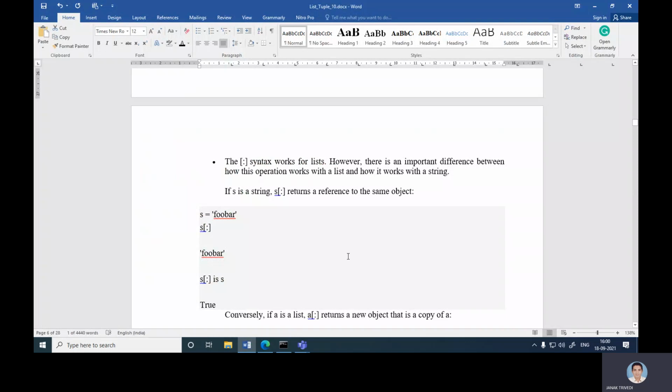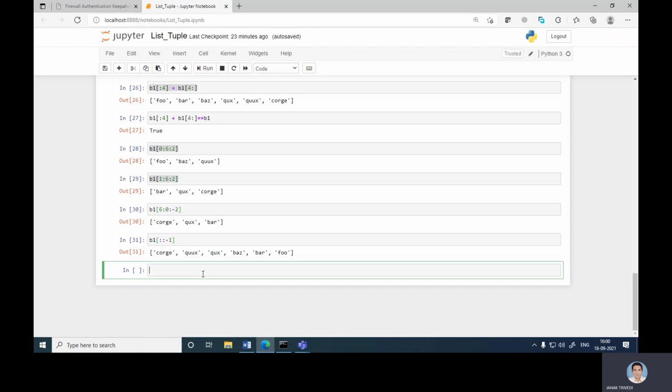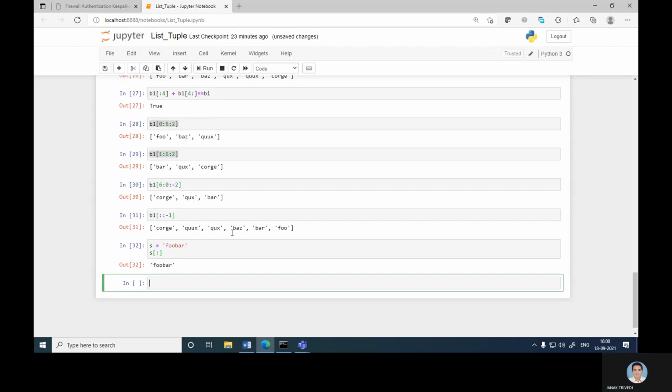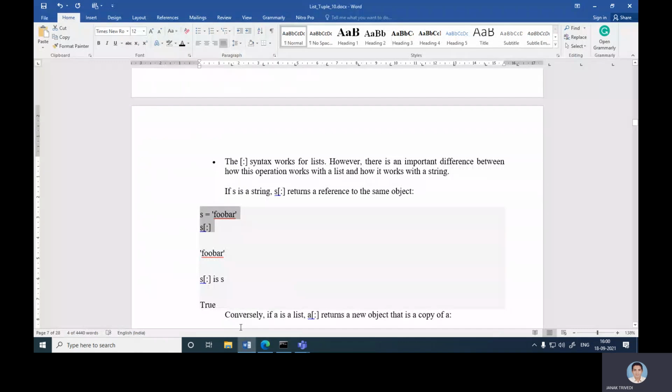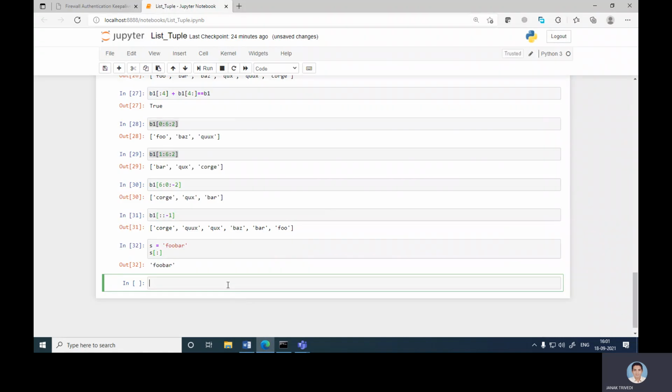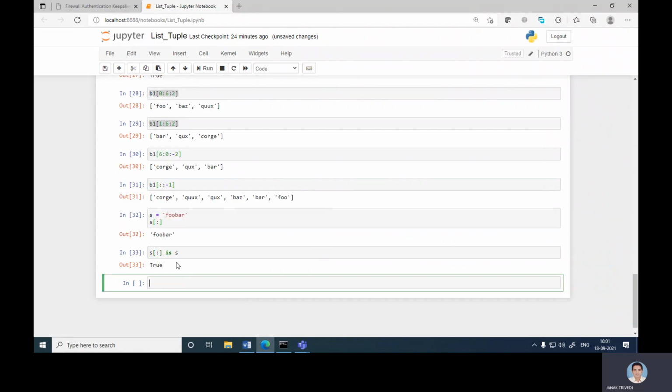The colon syntax works for lists. However, there is an important difference between how this operation works with a list and how it works with a string. If s is a string, then s[:] returns a reference to the same object, like s = 'foobar' and s[:]. So s is s[:] gives the value True.